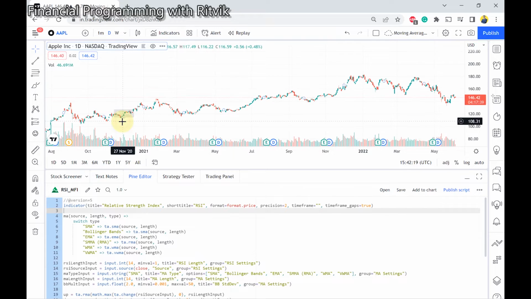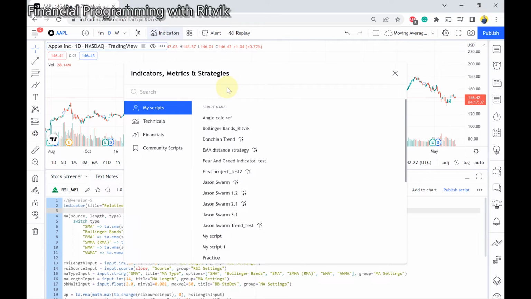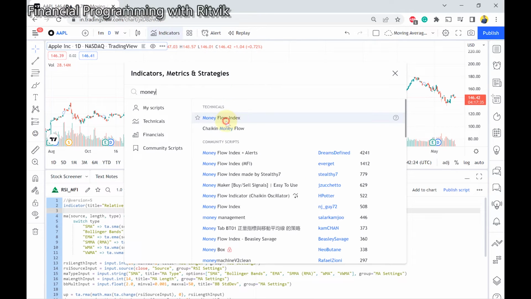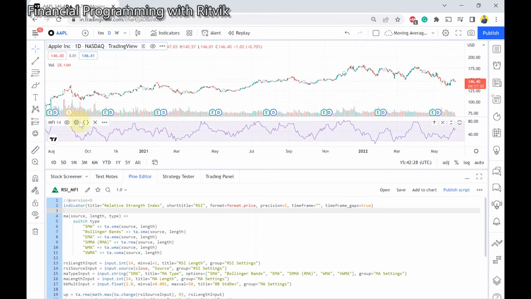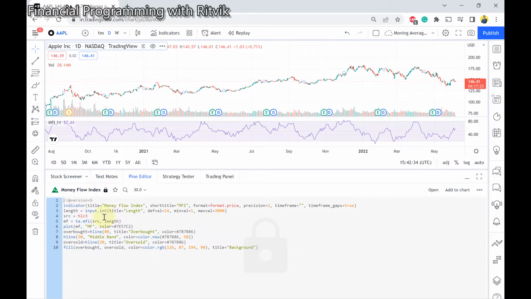Let me just close this one and go here and write money flow index. This is another indicator which is actually like RSI only, and if I click here on the source code, you can see the source code of money flow index is also here. It also ranges between two lines, 80 and 20, overbought and oversold. It's exactly like RSI, and what I'm interested in is to create something which will be a mix of money flow index and RSI, and we'll see whether a combination of these two indicators gives a good perspective in our